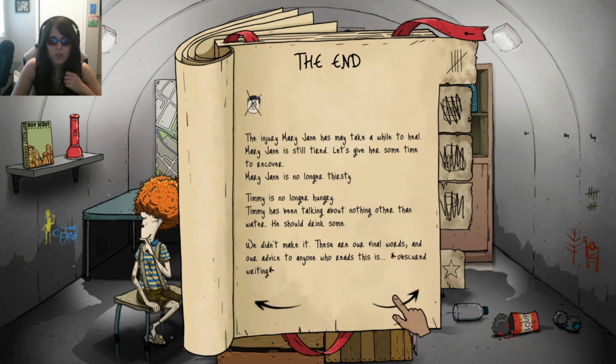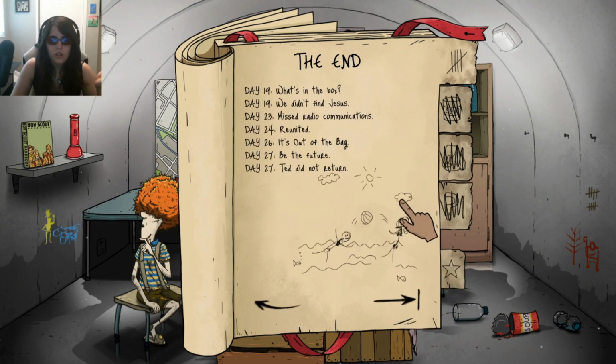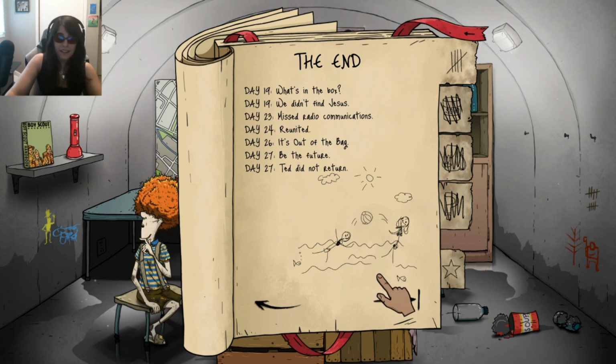Obscured writing. Do we not know what the final words are? Okay, Dolores didn't make it into the shelter. We survived 27 days for our first run. I mean, it's not bad. We didn't live, but...